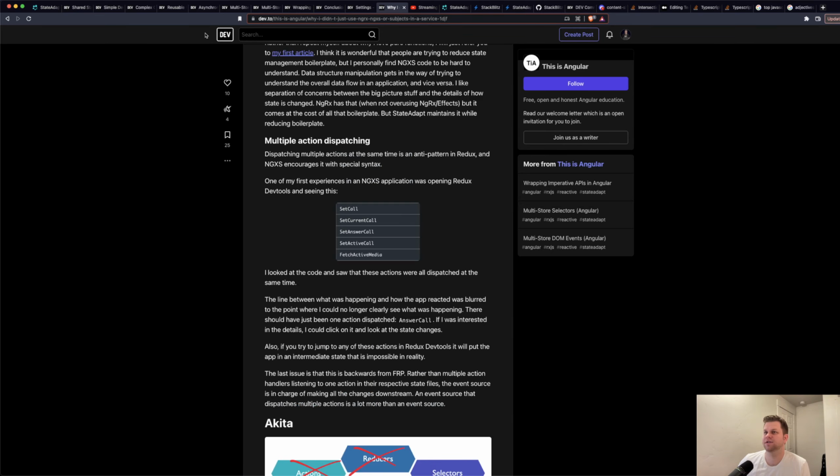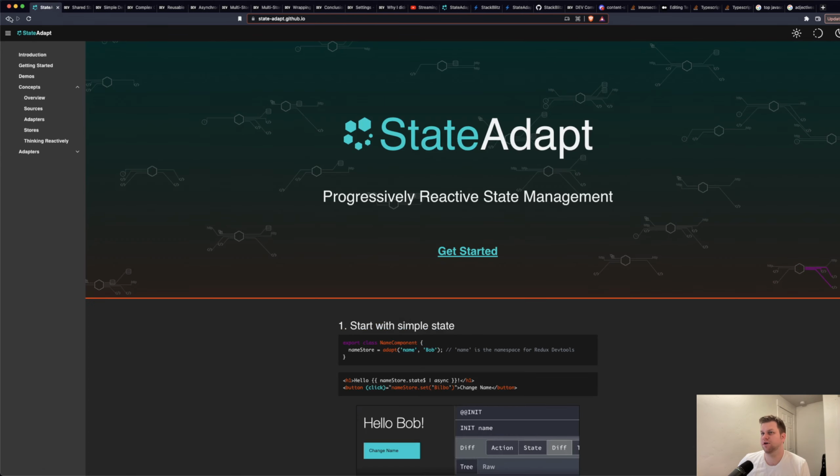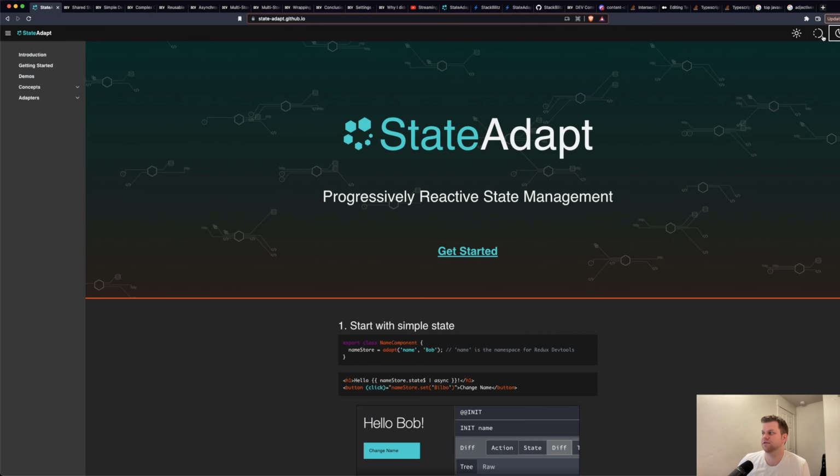By the way, I rebranded state adapt. I don't know, I probably haven't mentioned that yet, but new logo, redid the website a bit. You can do light theme, browser setting, dark theme. Anyway,